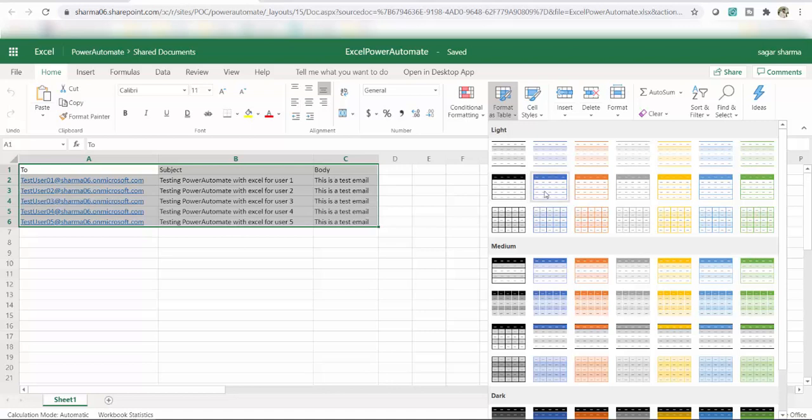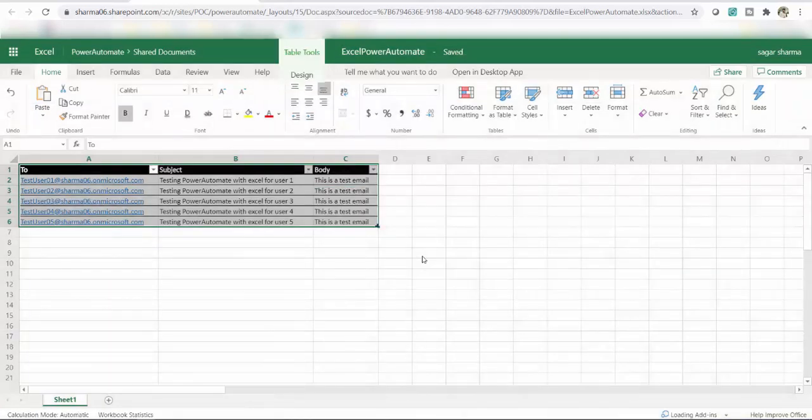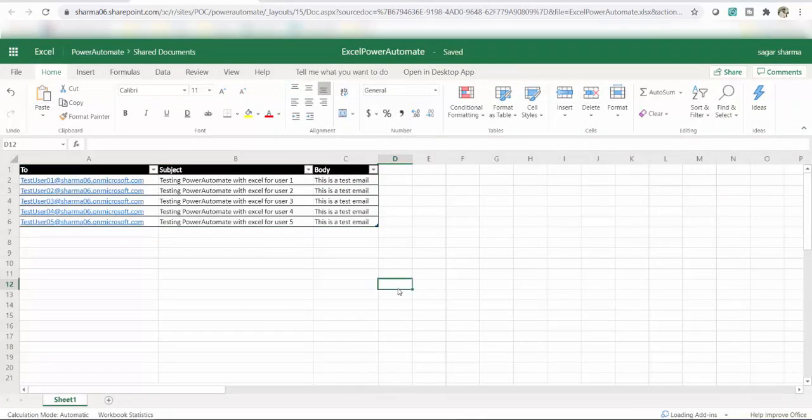Now you can select any design you want. I will select this one, and you can tick my table has headers if your table has headers. If not, you can uncheck it. And over here you can see this is the range it will select, that is from A1 to C6. So okay, now my table is ready and it is formatted as a table.